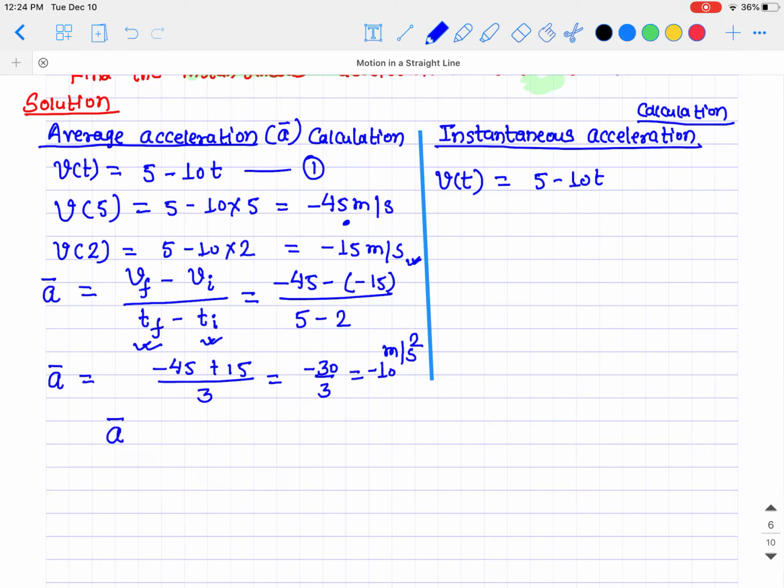So that is the average acceleration. Minus 10 meters per second squared is the average acceleration. Now let's calculate the instantaneous acceleration. The instantaneous acceleration is